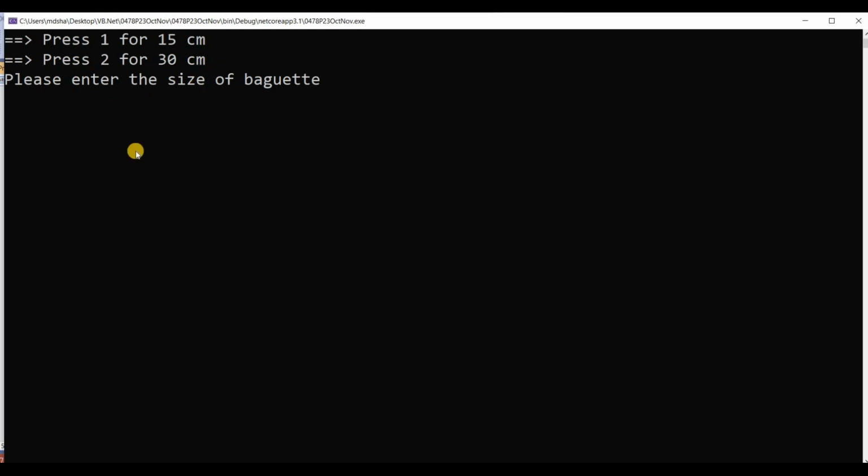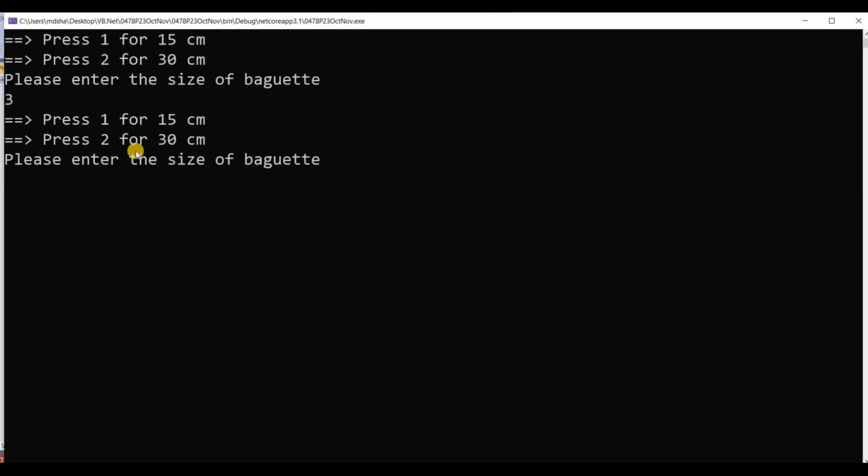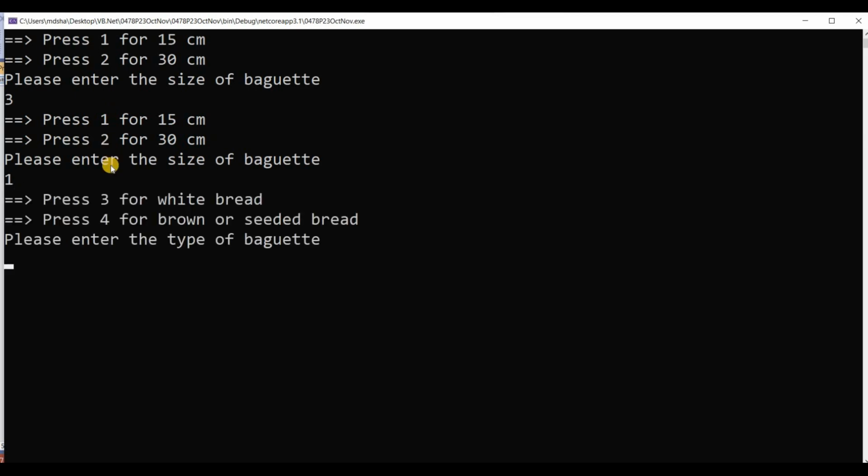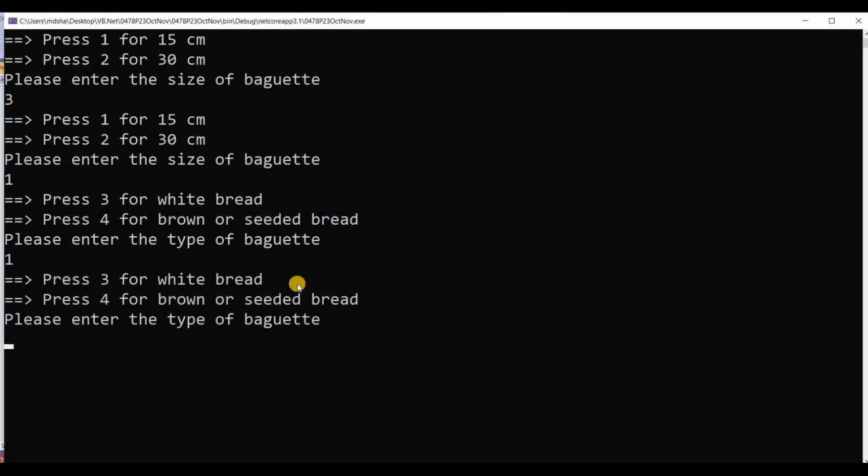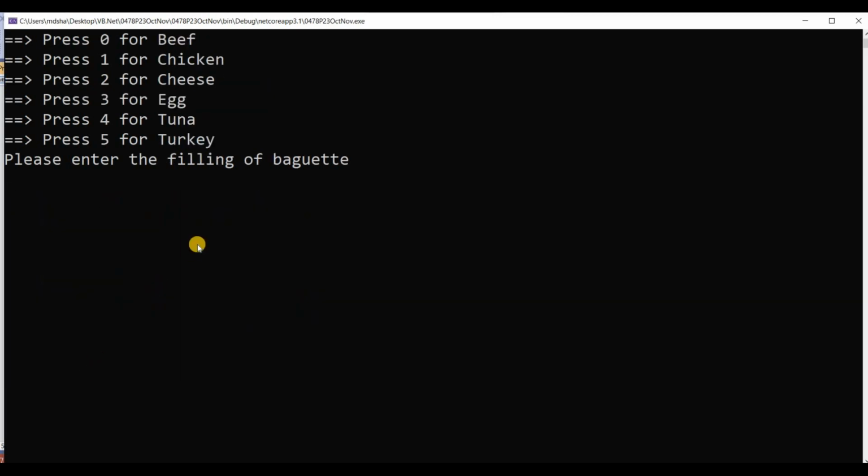If you enter number 3, it will accept only valid choices, and valid choices here are only 1 and 2. Now I enter 1. Press 3 for brown bread, press 4 for seeded bread. Suppose I enter 1, it will not be accepted. It will be accepted only 3 and 4. Now I am going to enter 4.